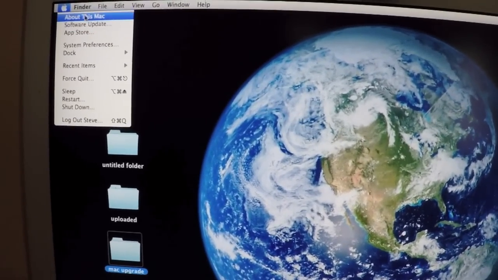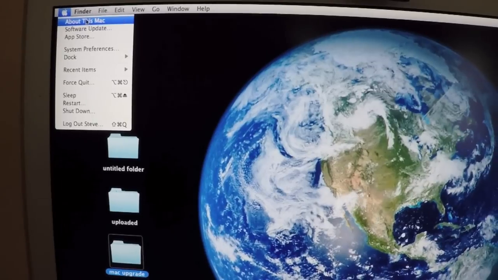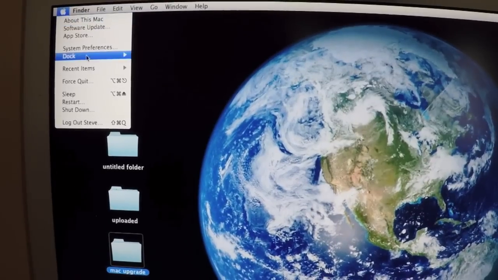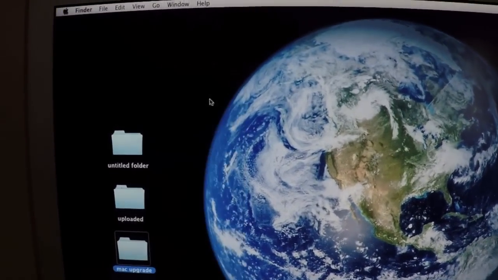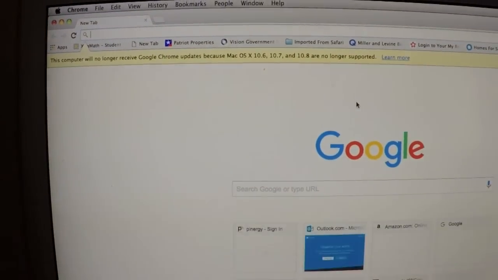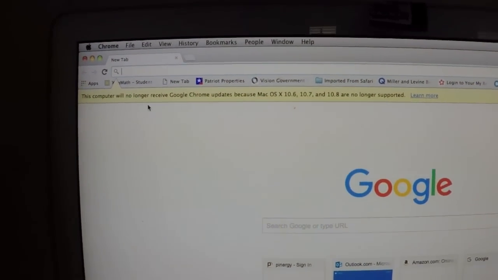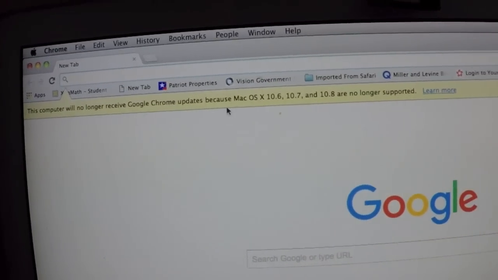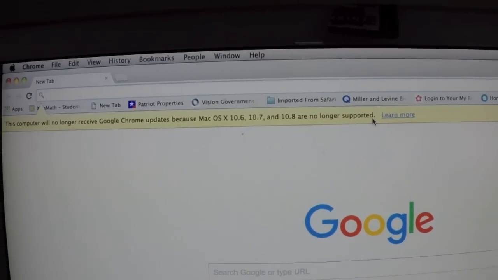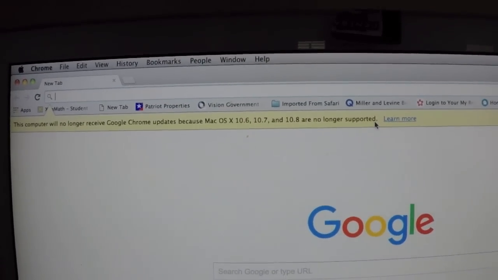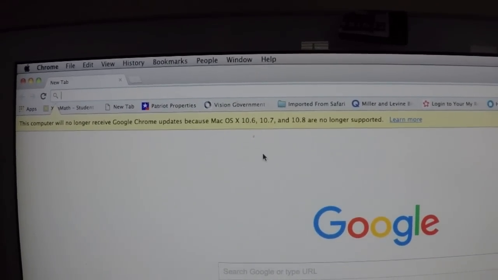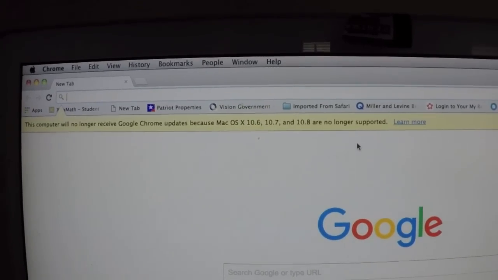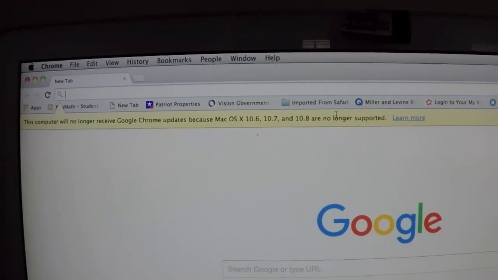The other thing that happens, and part of the reason why I think I'm having so much trouble with this, is the version of Chrome that I have on here is outdated, and it needs to be updated. But whenever I open Chrome, I get this message right here that says, this computer will no longer receive Google Chrome updates because Mac OS 10.6, 10.7, and 10.8 are no longer supported. So I'm hoping that upgrading the operating system on this old Mac will allow me to update Chrome and solve